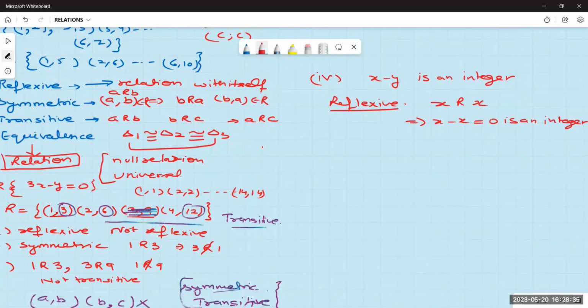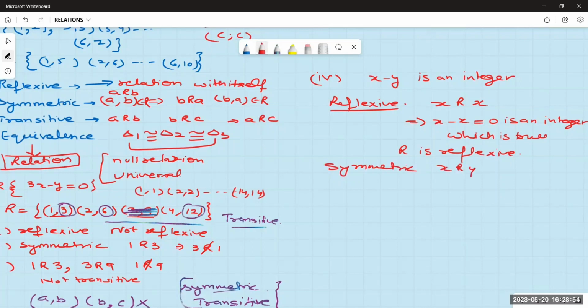Yes. 0 is an integer, which is true. Therefore, relation is reflexive. R is reflexive. ये जनरलाइज्ड रूल में लिखना बेटा आपने, ये उसमें नंबर से मत कर देना ये वाला क्वेश्चन।